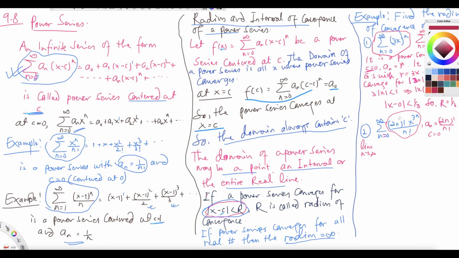Let us suppose u_{n+1} over u_n, and the limit of the absolute value of u_{n+1} divided by u_n. That whole thing is u_n, because our a_n is just (2n)! over n!. I don't want to write a_n, because in the ratio test I used the symbols a_{n+1} and a_n,